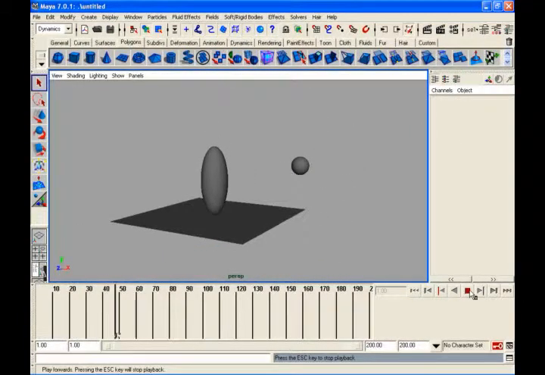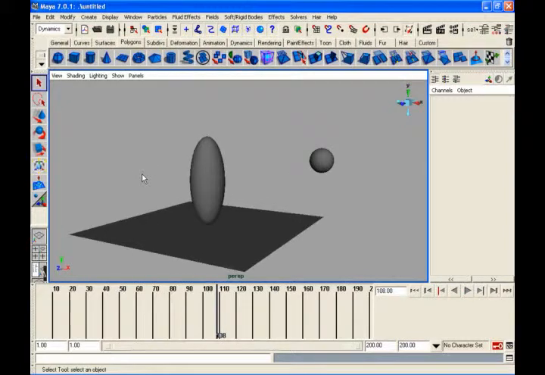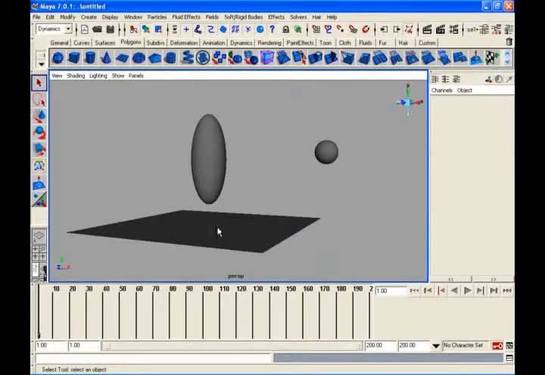Always what you try to do is keep some distance between your objects, either active bodies or passive bodies. Before the simulation you put some distance between them. Then they will settle, and you can save that state. Like if I say play, it stopped now. This should be my first stage.